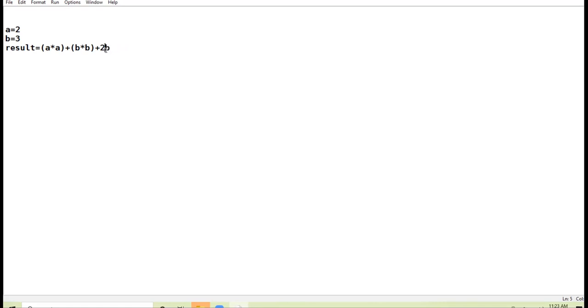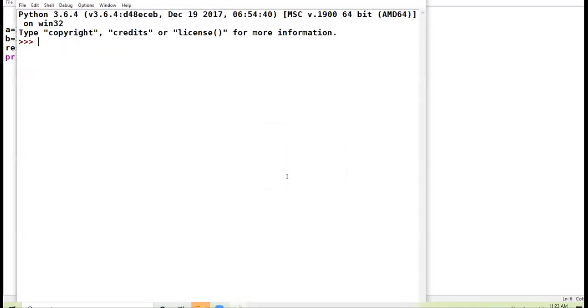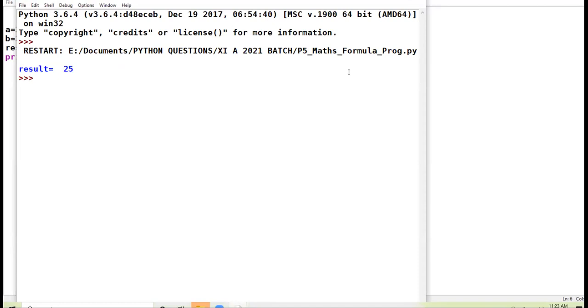In mathematics, it is okay. This means product. This means multiply. But in programming, you have to write particularly the mathematical symbol multiply. Okay. Now I print the result. Right? Result is 25. Clear, beta? Am I clear up till here?